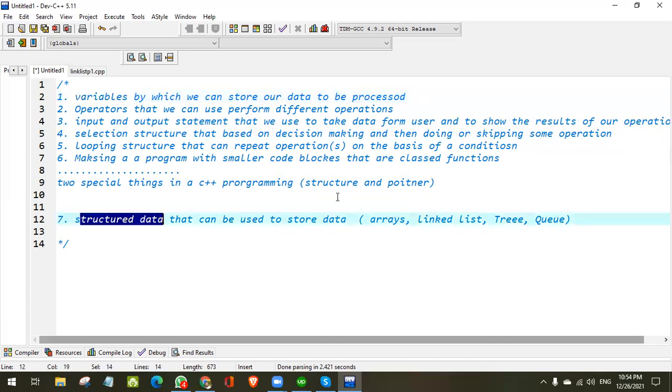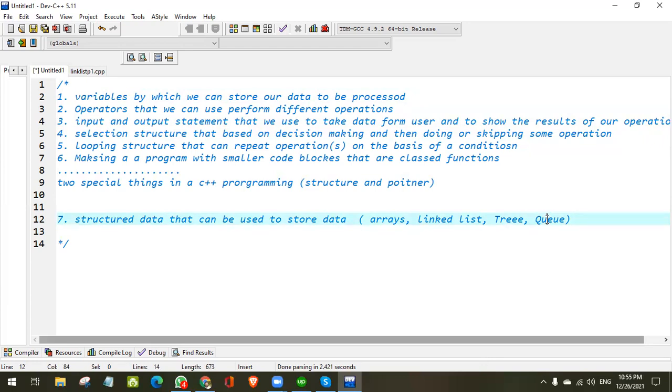We need arrays, linked lists, trees, queues. These are possible options by which we can store our data to be used in our computer program on the basis of our requirement.